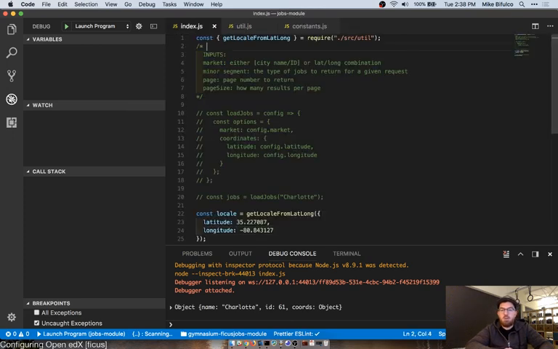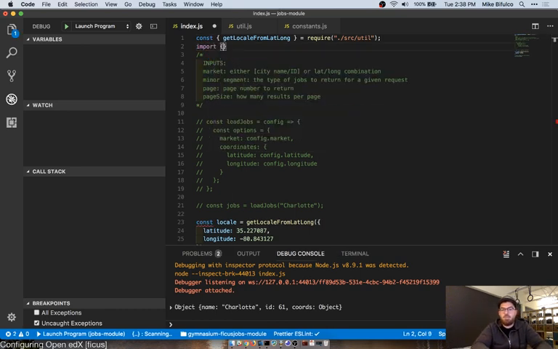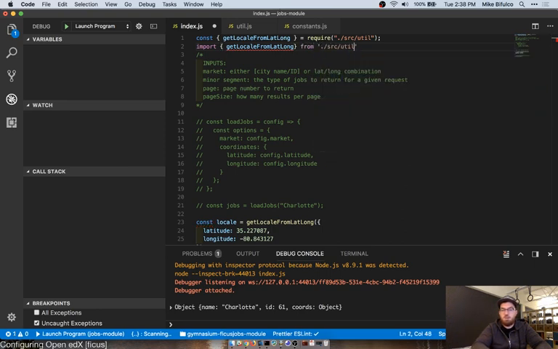Similarly, in the new world, this line would be import get locale from lat long from source util. So it'll look like that in the future, as opposed to what it currently looks like. Neither here nor there, they both work. It's all in what you get used to. You kind of need to know both in certain scenarios.